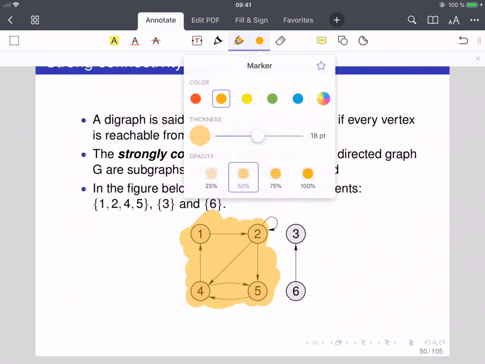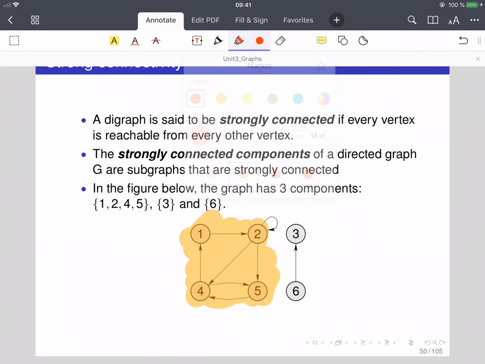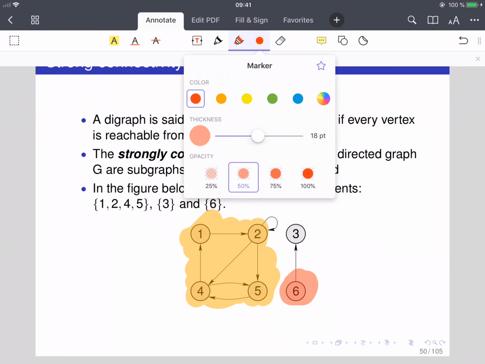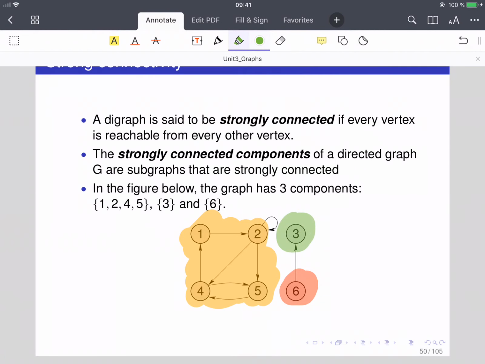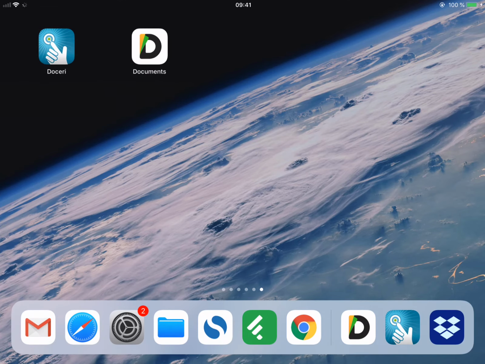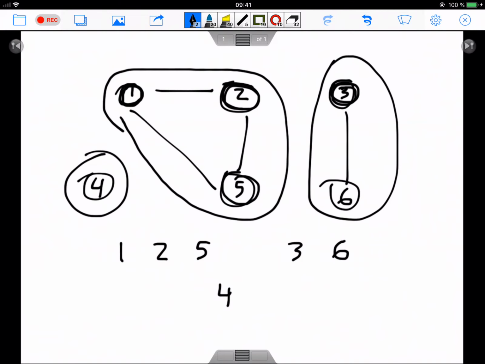Okay, but in the case of 6 and 3, notice that 6 is in a strongly connected component, because of course 6 is reachable from itself, but 3 is not in the same connected component, okay? Because 3 is reachable from 6, but 6 is not reachable from 3, okay? And we require that the vertices are mutually reachable. I can go from U to V and from V to U, okay? So let me give you an example of a graph that would be